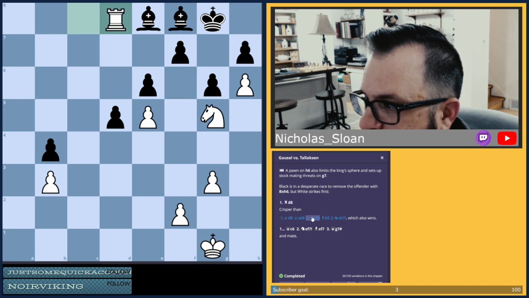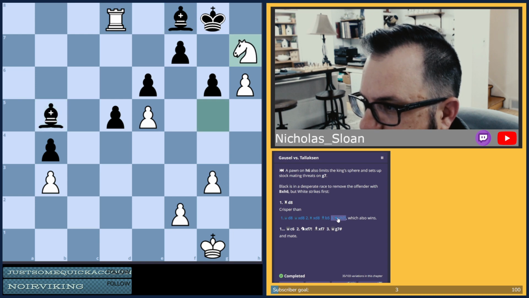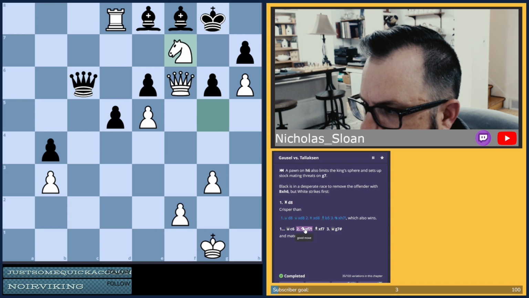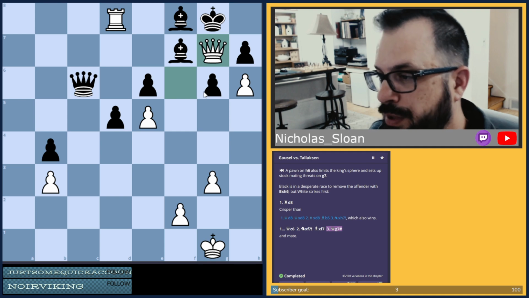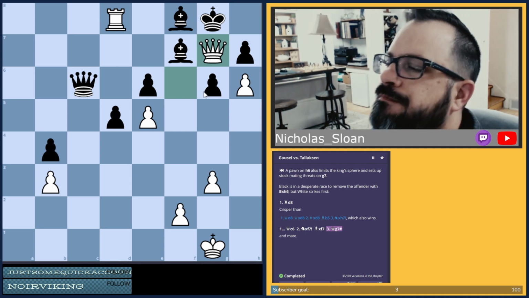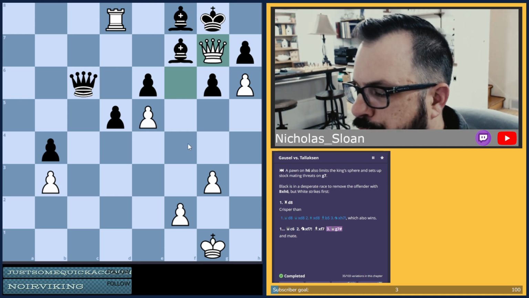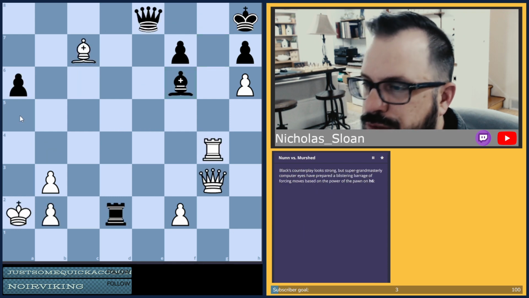Crisper then. Oh, I didn't see queen to d8. But that also wins. All right, so I see part of the ideas, but not all. Some of these are really difficult. These three and four move, three to five move combinations are awesome.